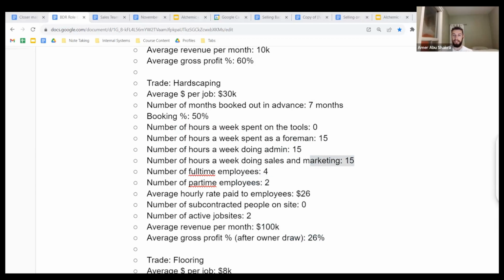Number of payroll employees, 0. Number of non-payroll employees, 0. Average hourly rate if he was to hire somebody, 25. Number of subcontracted people on site, it's 2. From my understanding, in this person's business, he subcontracts the installation. He just oversees it, so he has 2 people for that. He usually is managing 1 job site at a time, and he's doing around $30,000 a month, average gross profit